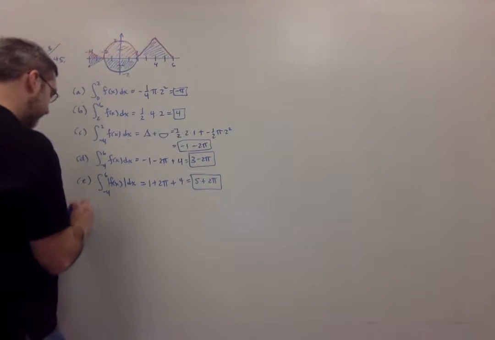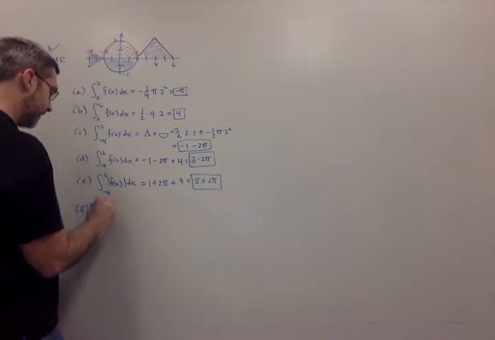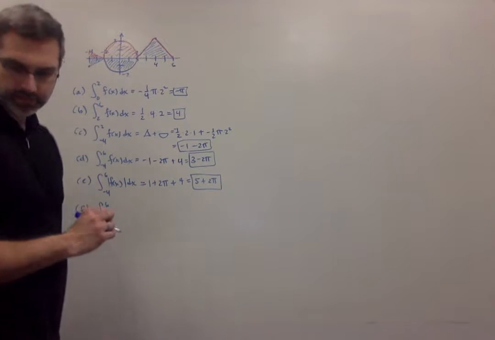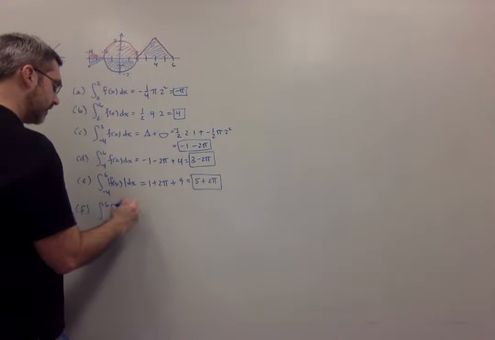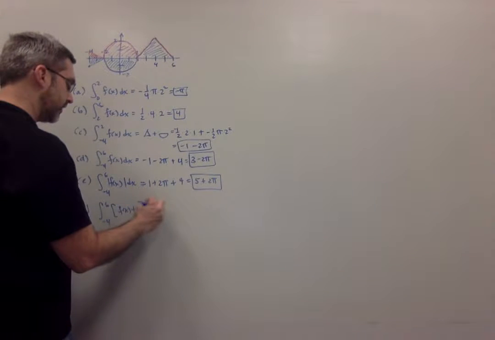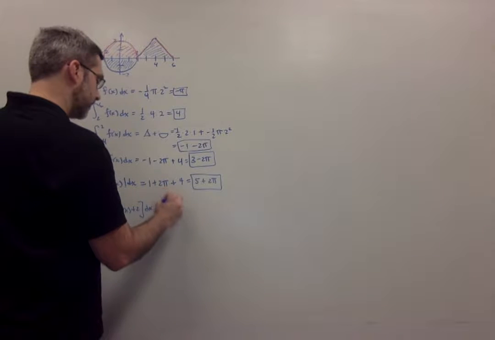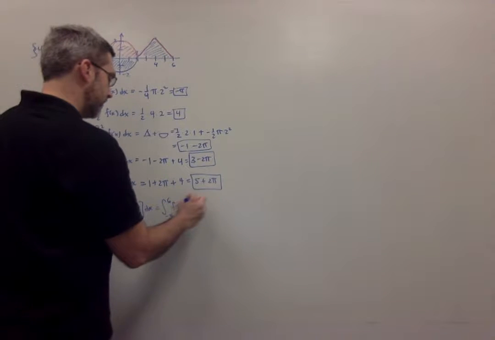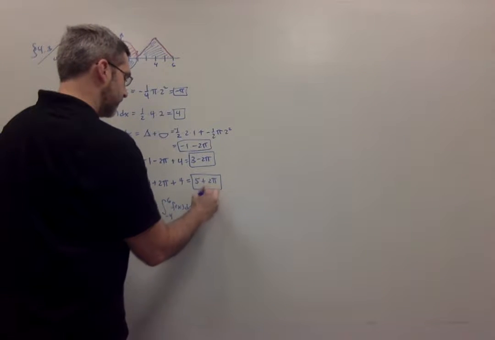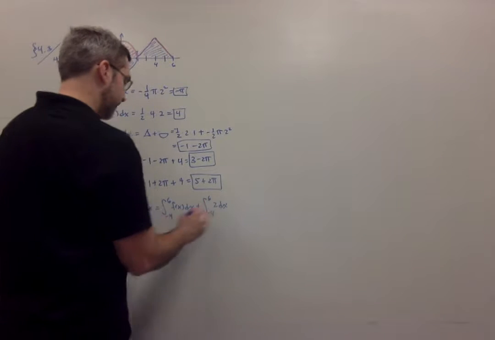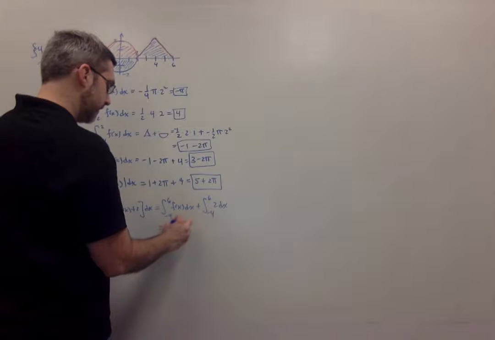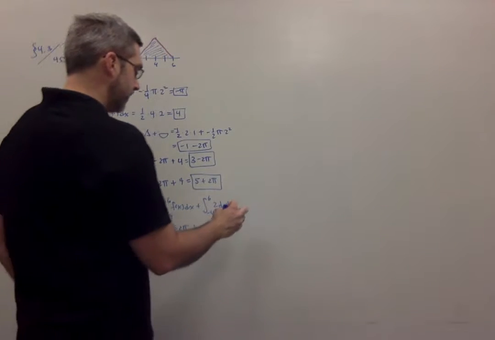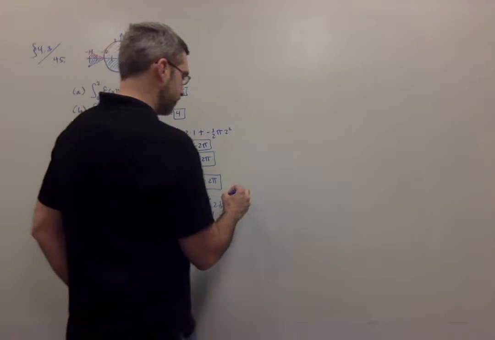And then lastly, if I had the area from -4 to 6 under the function plus 2, what they want you to do is separate this out into the area under the function plus the area under the constant function 2. So this we already calculated, that's 3 minus 2 pi. But the area under 2, just the constant function 2,